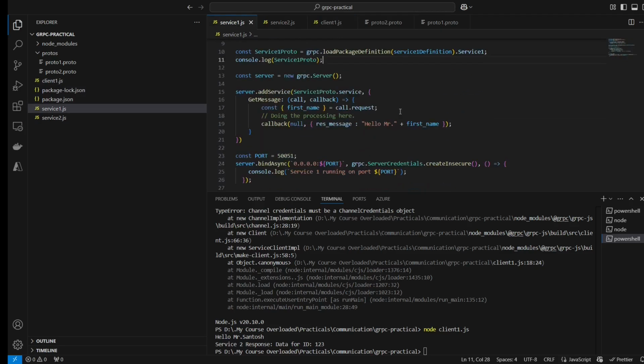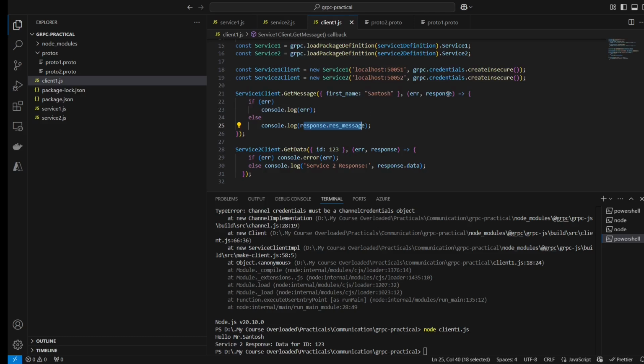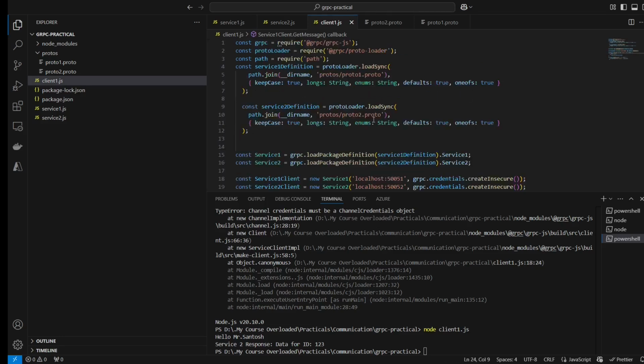In service 1, it is getting the input from the client in call.request, and it is sending the callback with null as the error, so no error, then the response. In the client, it will be getting the response as the second parameter and it is returning the result. So this way we can implement gRPC using a simple unary method, and it is dynamically loading the proto file and generating the service definitions automatically.